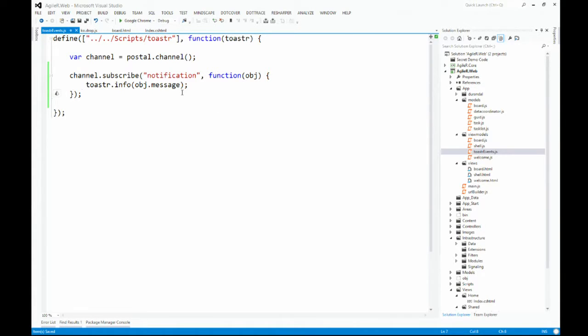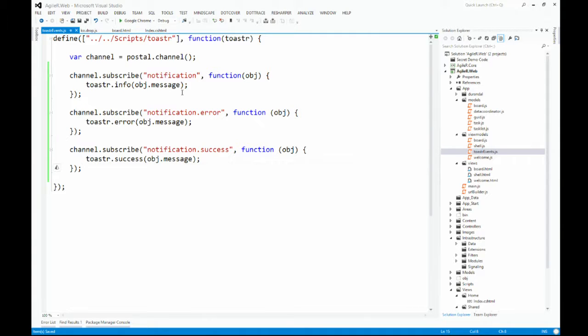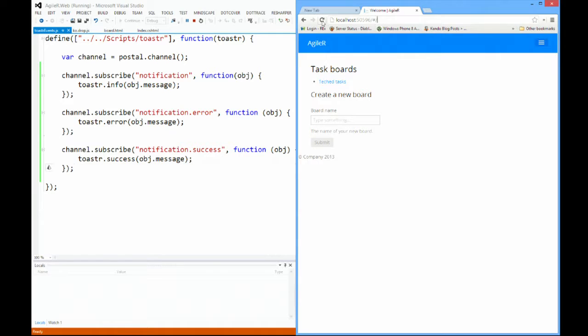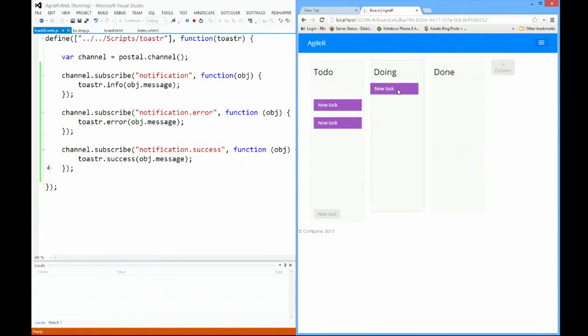And just to save you watching the typing, I'm going to paste in another two so we can do notifications, errors, and success. Okay, so just a few different color message boxes up the top is basically all it equates to. So all I've done, I've not changed anything else in the app. All I'm doing is subscribing to three new events because things are getting raised. Now, when I drag things around, I get that message box appear in the side. We can all see that up in the corner. So that's it. That's all I've done.